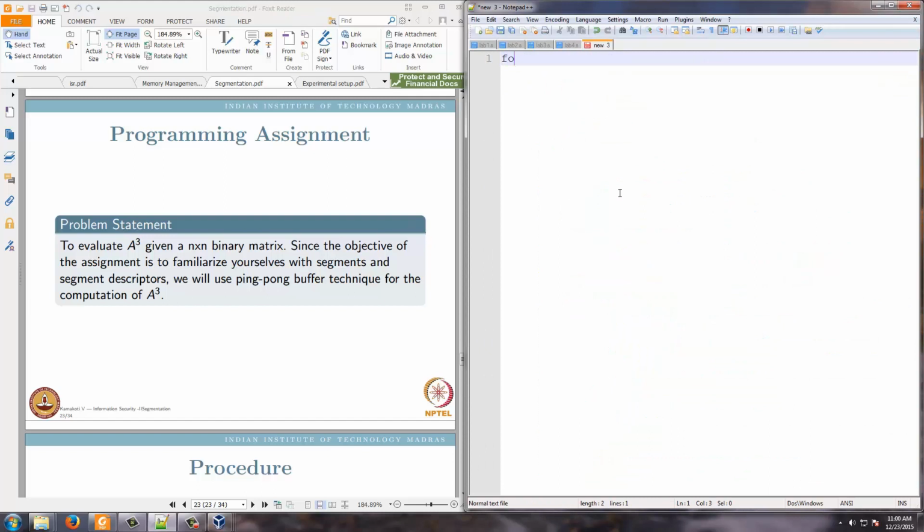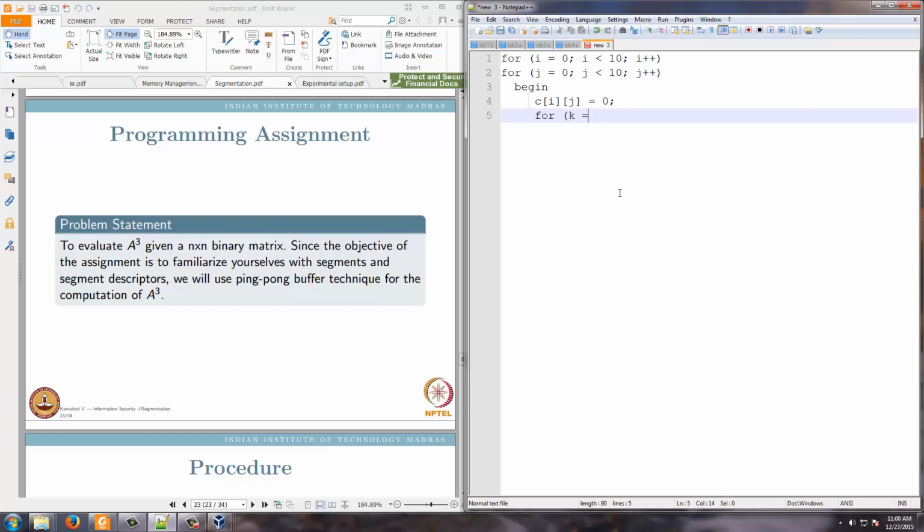So how do you multiply two 10 cross 10 matrices? For i equal to 0, i less than 10, i plus plus. For j equal to 0, j less than 10, j plus plus. I am writing a simple C code. Cij equal to 0.